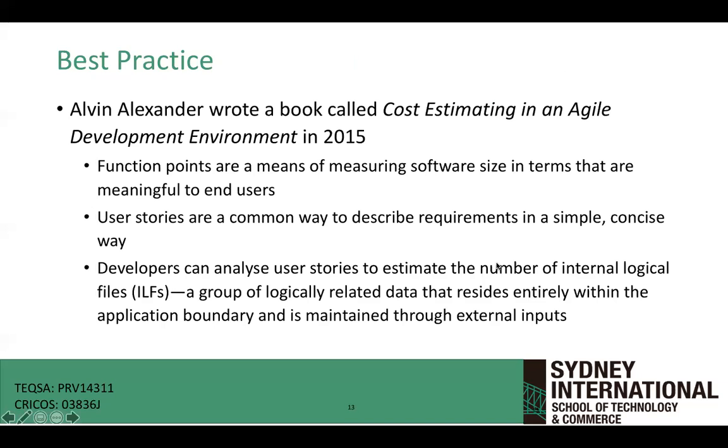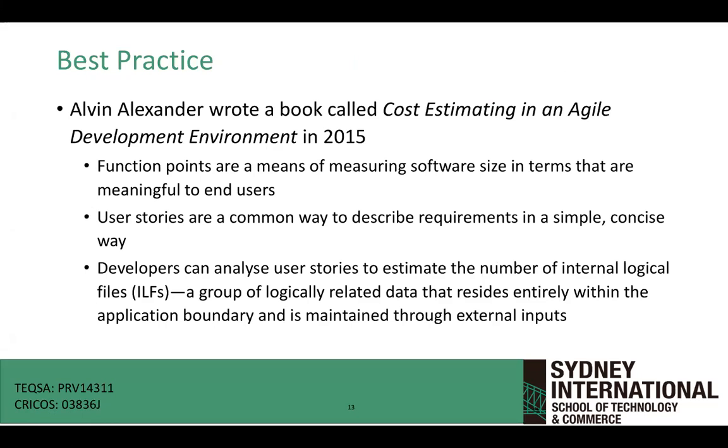Now, best practice. Alvin Alexander wrote a book called Cost Estimating in an Agile Development Environment. What he said is we can try to use what is known as function points. Function points are a way for me to measure how big a software size really is in terms of the work. So you might have 10 features you want to deliver, and you will tell people, okay, estimate for me how much each feature is going to cost me. So one would say, for example,